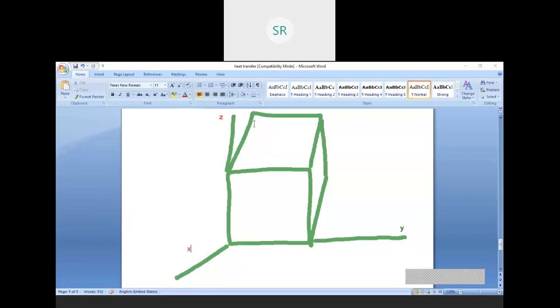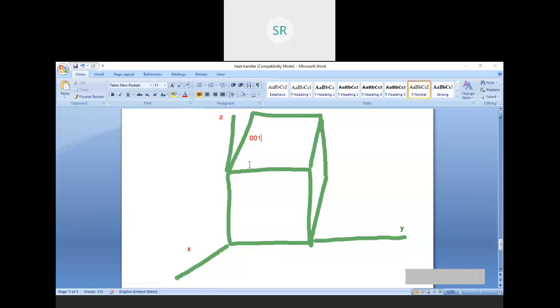Now if I take the top face, in the top face my coordinate is x is 0, y is 0, but I have the z. So z equal to 1. If I take this as a unit scale, z is 1. So now the top face is called 0, 0, 1. Okay, so now this is the top face.